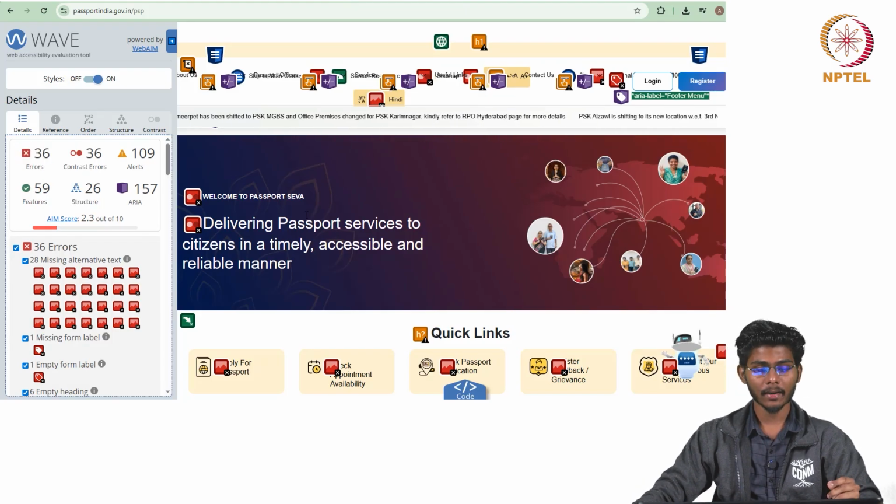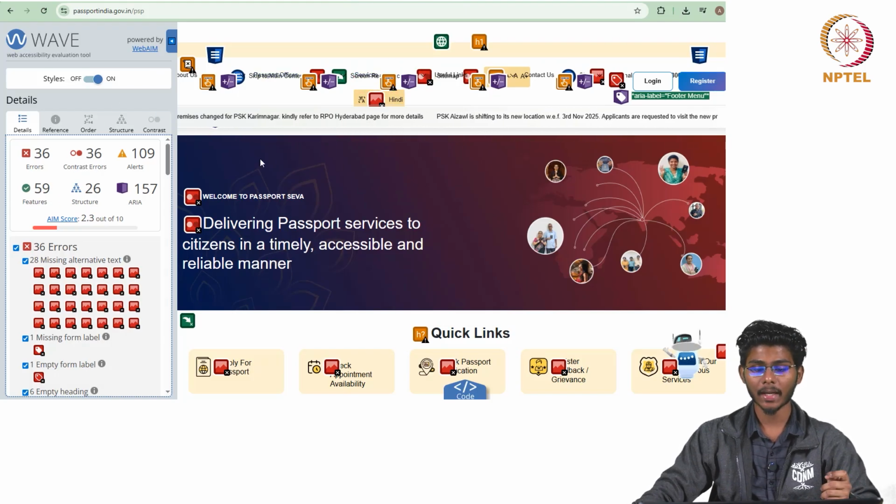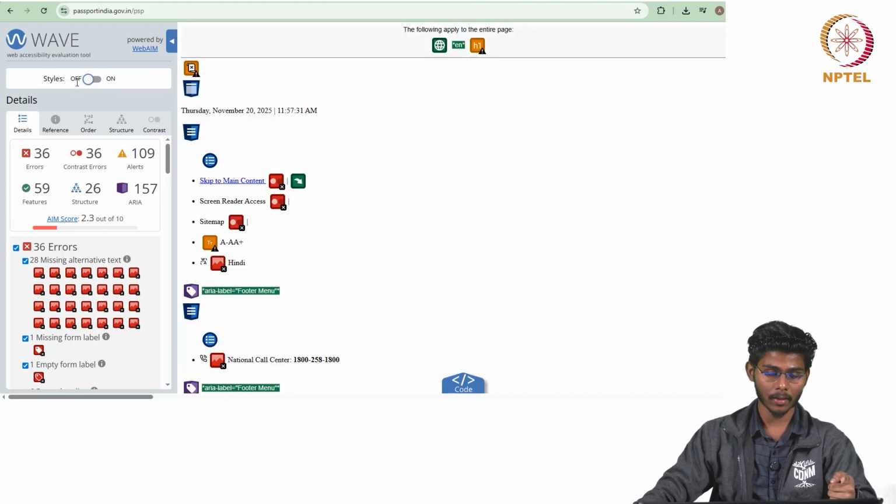In the details section, it captures what and how many elements are causing the web accessibility issues in the interface. So, for a more visual view of the detailed report, we can also switch off the styles component, which is at the top of the generated report.